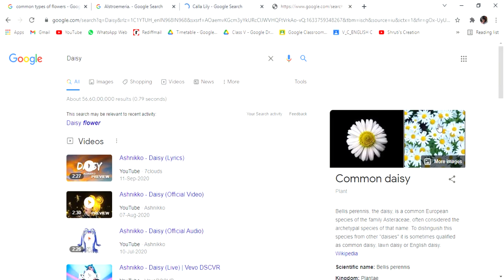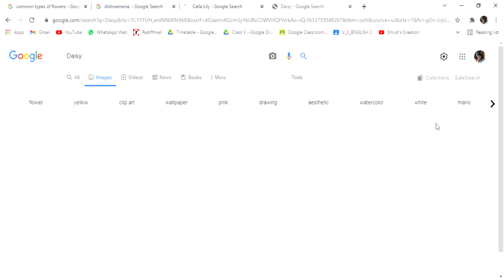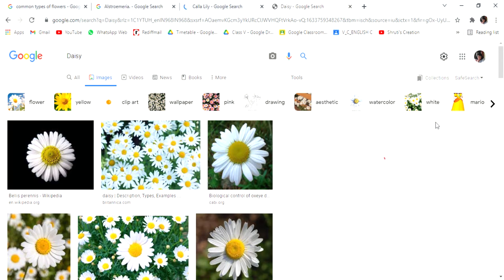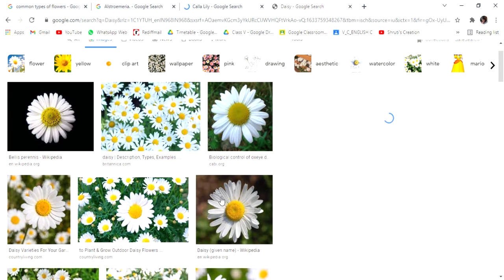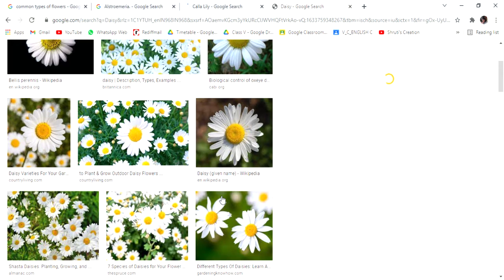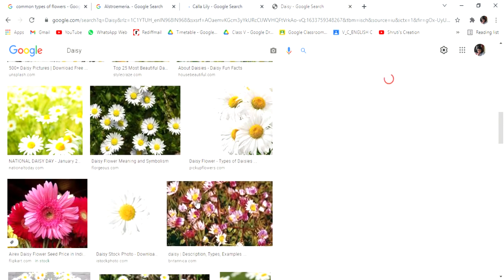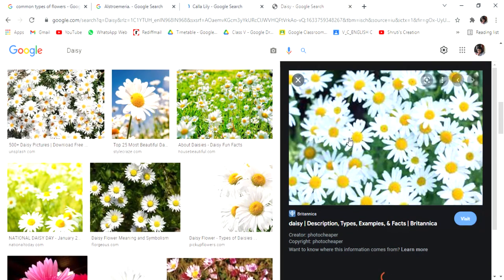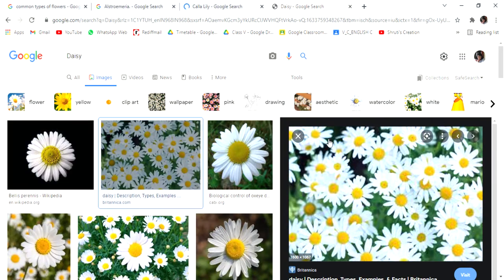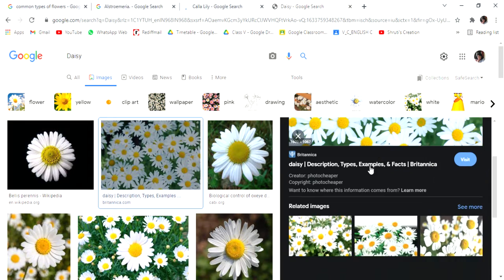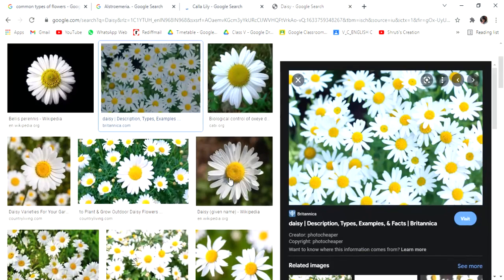If you look at it very carefully, it's like a sunflower, and it has only 2 colors mixed. You don't find another color. Any photo you see, you will be seeing this type of flower only, and sometimes the Daisy flower comes in other colors, but the main Daisy flower is actually this one. This white Daisy flower, you can plant it in the garden. It looks very beautiful when you plant it in the garden.